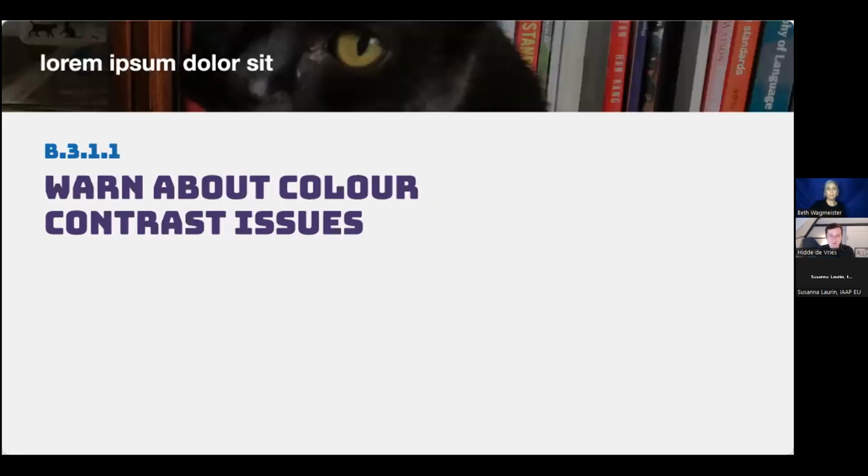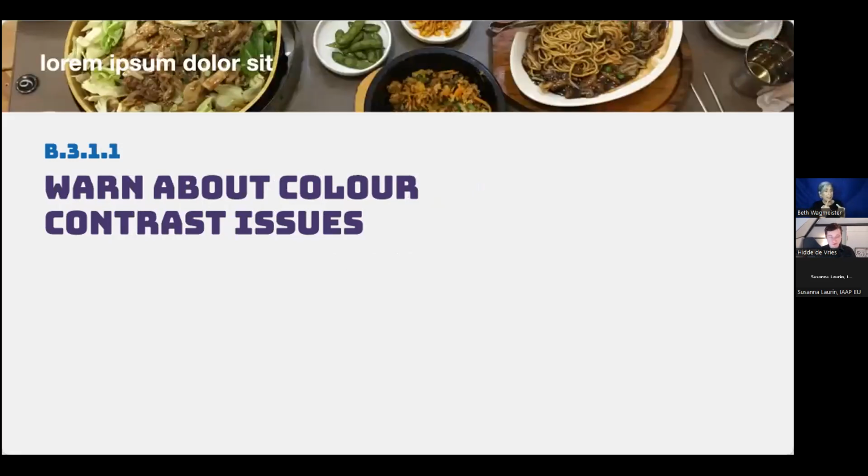Now, CMSs could warn about color contrast issues. Like, if you have a header with some text in it, like I have a black cat that has some white text on top of it, and it's beautiful, it has a lot of contrast. But then a colleague comes in and uploads a video or a photo of Korean food, for instance, which in this case is a very light picture that goes underneath this very light text, and suddenly I don't have sufficient color contrast.